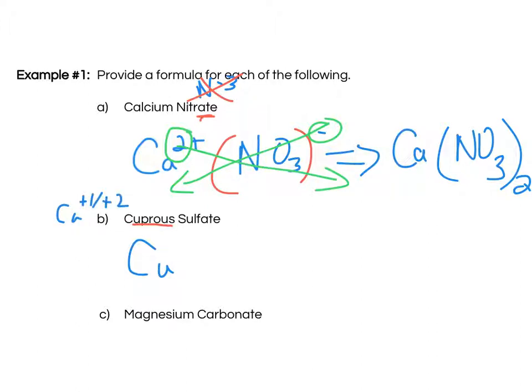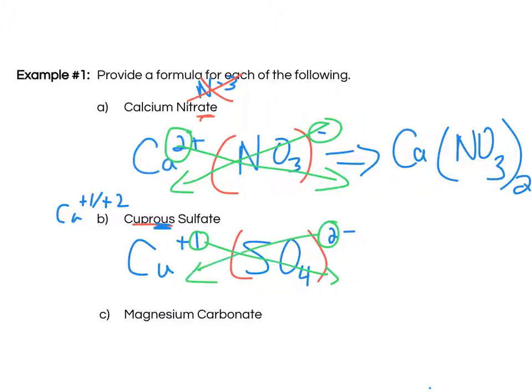I want copper with the lower charge because that's what the OUS ending tells me. So its lower charge is +1. And then sulfate is on my polyatomic ion list as SO4 with a 2 minus. I'm going to put brackets around my polyatomic ion and then cross down these charges. And when I do that, I get Cu2